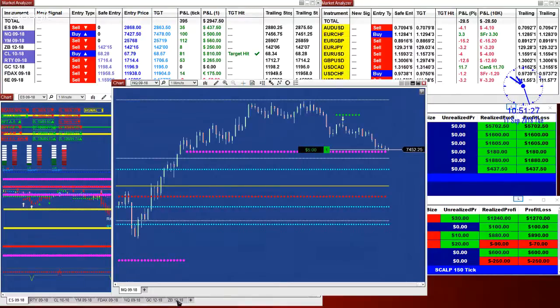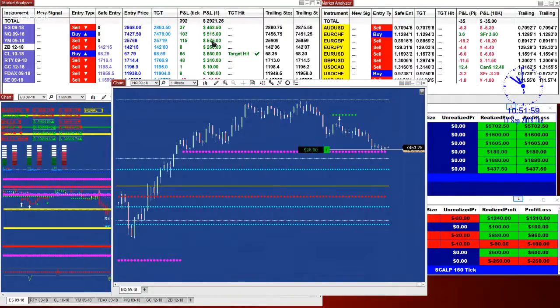There will be less stress on the NT8, because I notice we've been having a problem with those here, and sometimes it puts a lot of stress on the NT8 by trying to click from one chart. I mean, if you have an empty chart, you're not going to feel it. But when you have charts open, market analyzer, and things, it starts getting heavy on the NT8, so you've got to be careful with that.